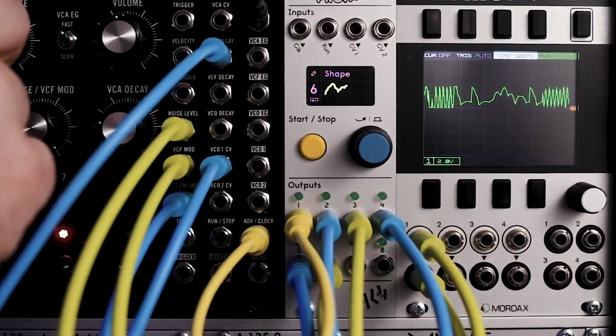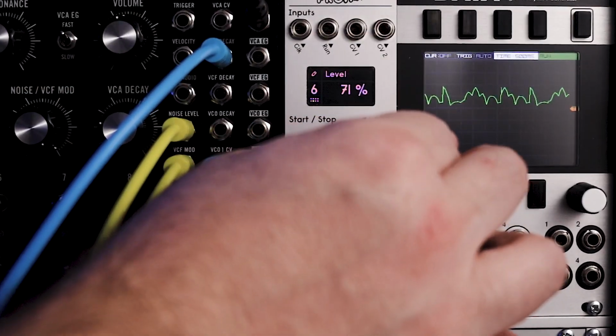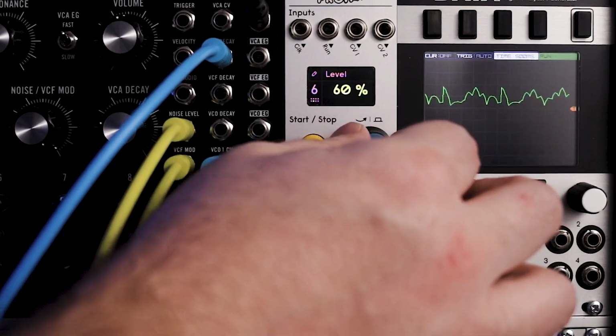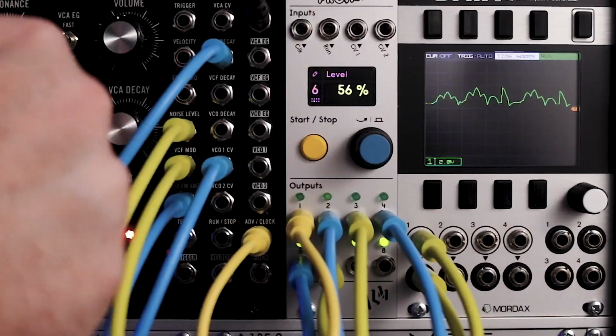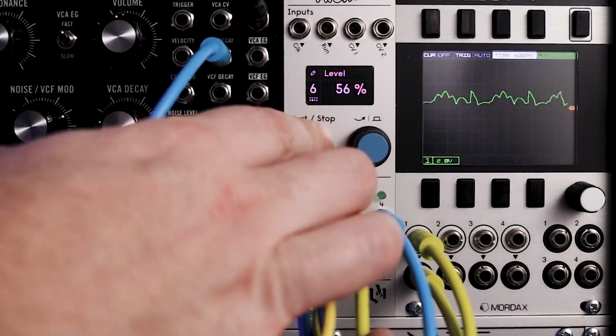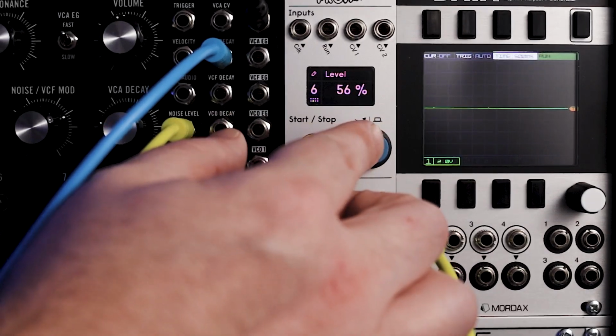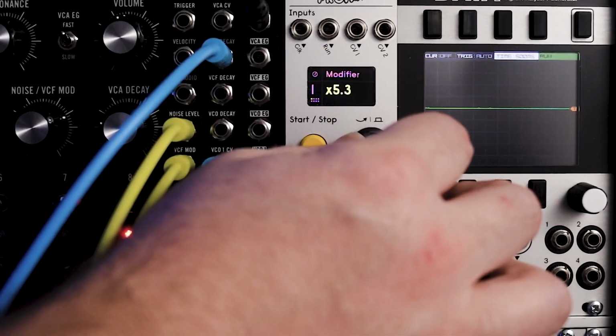I think that one's pretty cool for right now. Let's turn the level down a little bit. Actually, I can do that with the attenuator. All right, so another cool function that you can do, go here, I think it's in here,